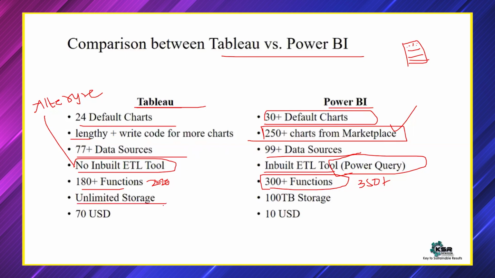Now here, one advantage you'll get is unlimited storage. But with this advantage, you have to pay $70 US per user per month. Here you'll get 100 TB storage. 100 TB means you can store around lakhs of reports. Whereas it is only costing $10. Accepted, you can store 200 TB here also. In Power BI, you can store 200 TB, but you are paying more. Whereas 100 TB is more than enough for any individual reporting or data analyst. More than enough. But you are only paying $10, 800 to 850 in terms of Indian rupees.